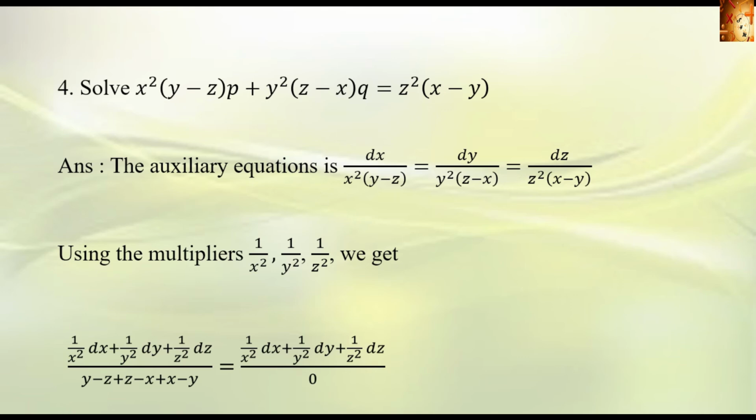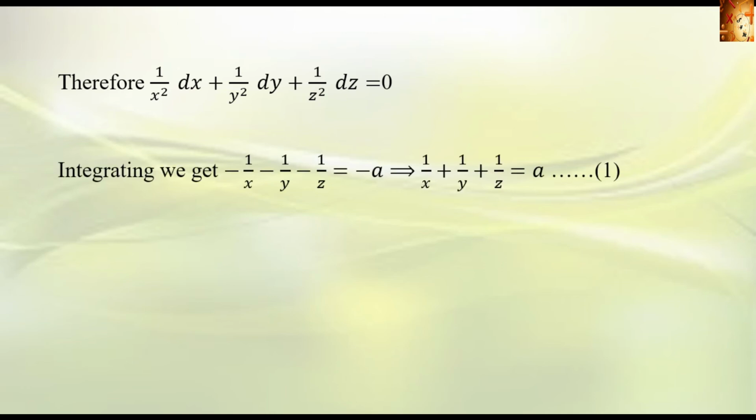the denominator as 0. Therefore the numerator is equal to 0. That's 1 by x square dx plus 1 by y square dy plus 1 by z square dz is equal to 0. Then integrating we get minus 1 by x minus 1 by y minus 1 by z equal to minus a, that is 1 by x plus 1 by y plus 1 by z equal to a, which is the first solution. Similarly, using the multipliers 1 by x, 1 by y, 1 by z, we get the denominator